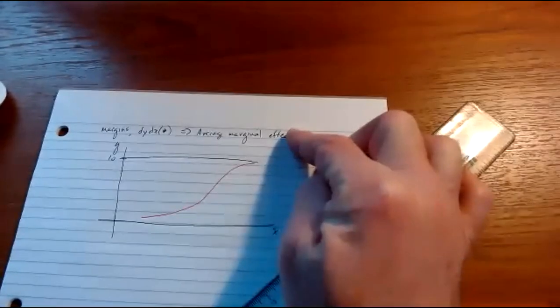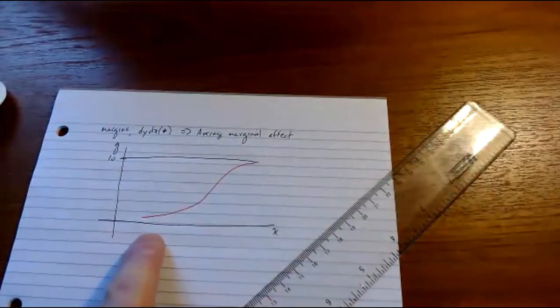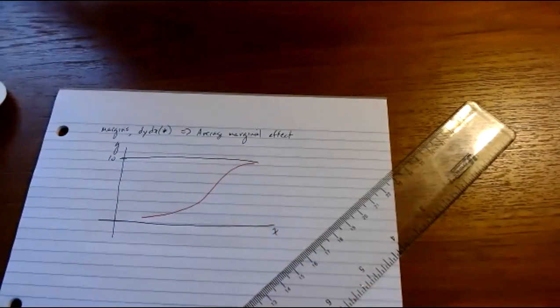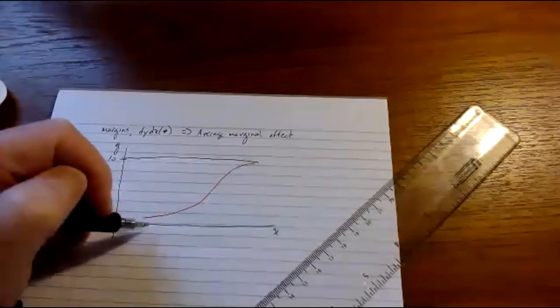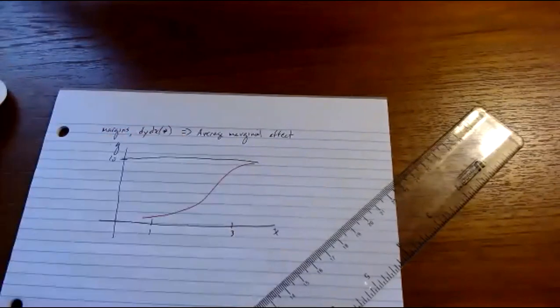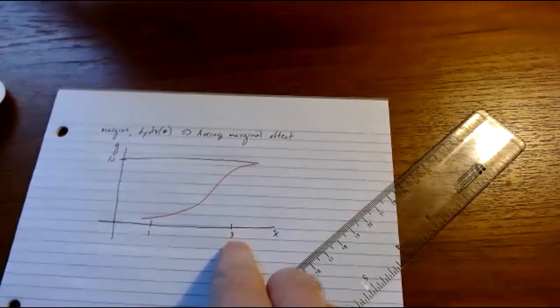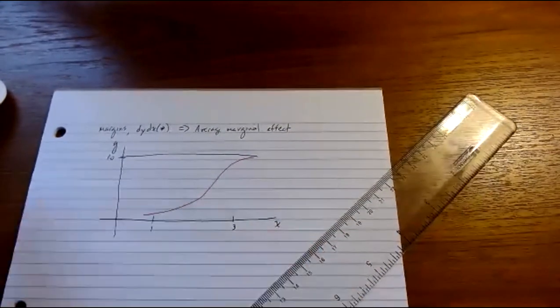What the average marginal effect does is it essentially computes the marginal effect all along this regression line, and then it just takes the mean of that. So it's the mean marginal effect. So that's a useful number, but you can see that it's not the only number you might be interested in. You might be interested in knowing when x equals 1 versus when x equals 3, what's the difference between those? The average marginal effect doesn't tell us that, but we can get to this. Okay, so